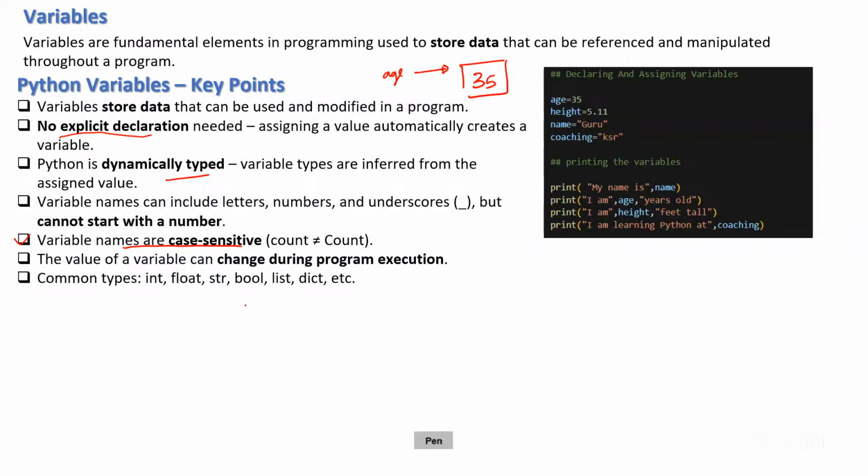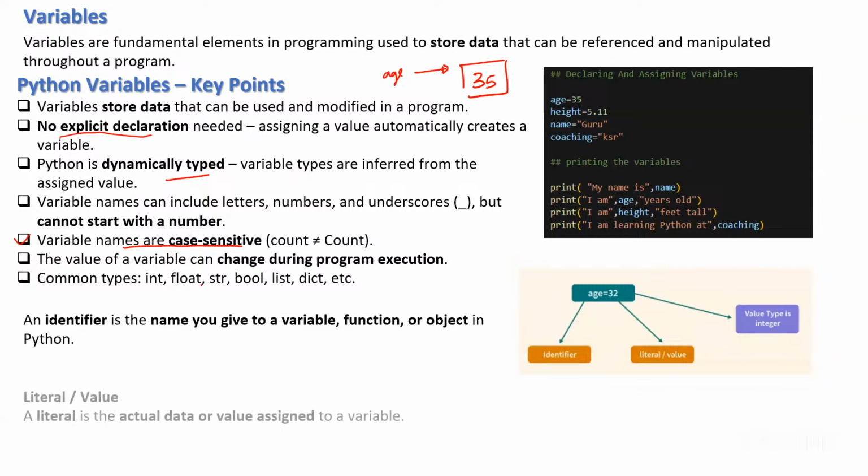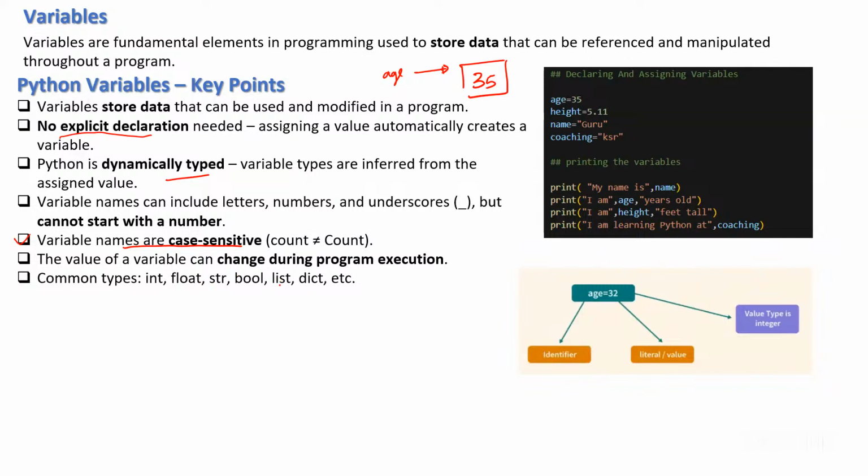Common types of data which we can store are float, integer, string, boolean, list, and so on. We'll be seeing these data types, but we can store them in a variable. Whenever you say age is equal to 32, the first word is called the identifier. What do you understand by the word identifier in general? We can identify something with respect to something. For example, age should be in numbers like that. Do you think identifier means it will change again and again?